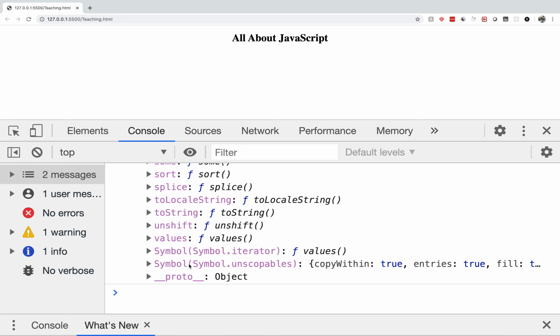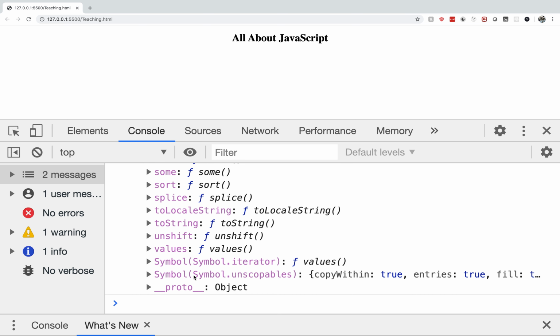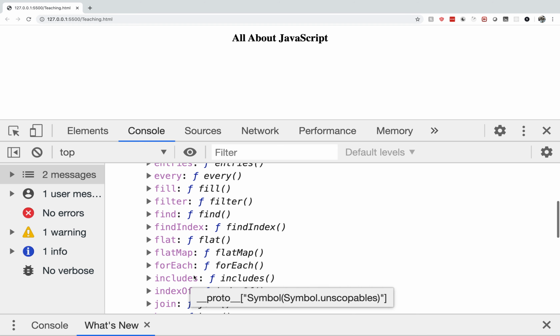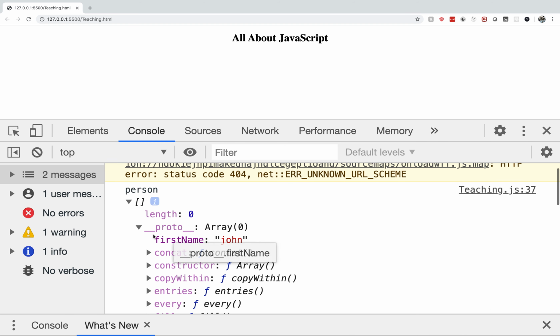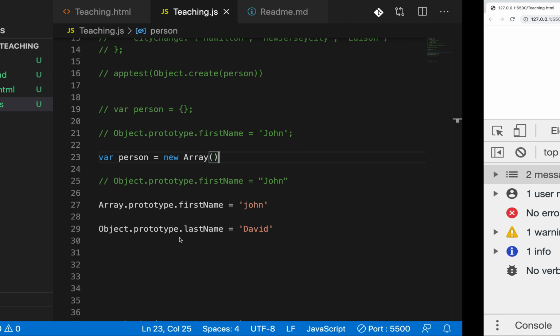This is Array.prototype, this is Object.prototype, and if you see, last name is available over here. These are JavaScript's inbuilt objects, so they have some methods already defined. You can access the prototype with the help of Array.prototype or Object.prototype. That's the reason.